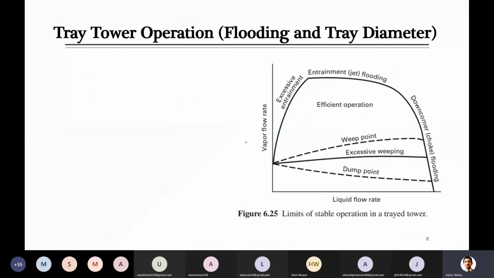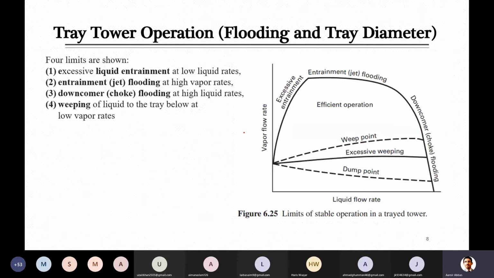So when you look at the flow on the surface of the trays and the contact of the liquid and vapor, various phenomena take place, and this diagram was also quickly discussed somewhere earlier. On the x-axis there is the liquid flow rate, on the y-axis the vapor flow rate. So here are various regions or phenomena mentioned on this diagram. Quickly let's look at them.